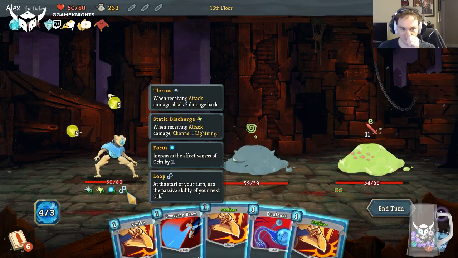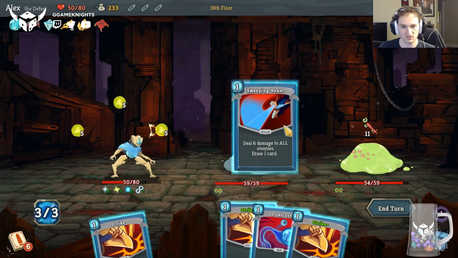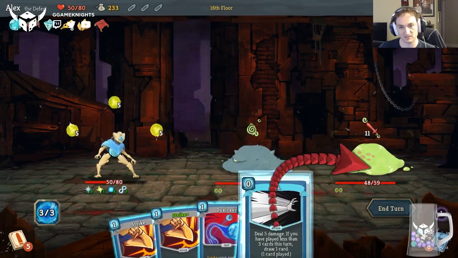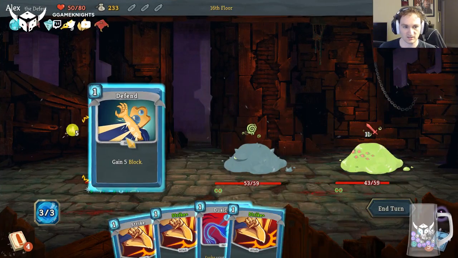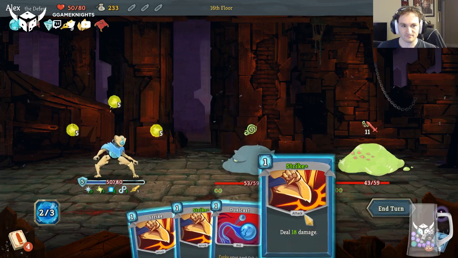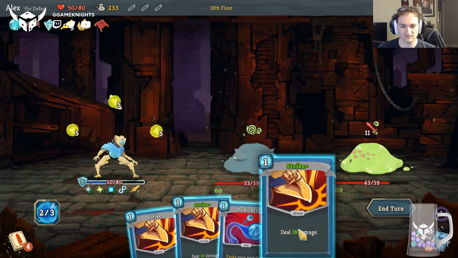So that lightning was because I have Loop going. Ooh, okay. Let's do this, draw a card, see if I can get some defense. Well, FTL, that'll be nice. Alright, let's get some block, but... Oh, the Pen Nib's about to activate, so